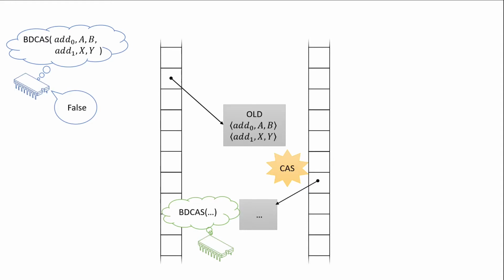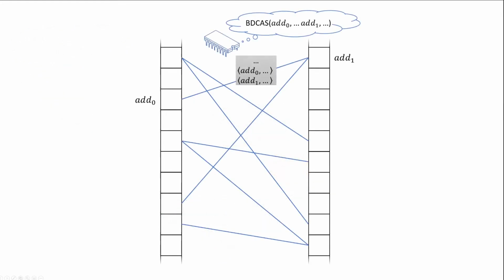So the problem is really only attaching our descriptor to the left side. Whenever a process has achieved that, its BDCAS will finish within a constant number of steps. In this drawing, each edge corresponds to a BDCAS operation, and its endpoints are the affected array entries.